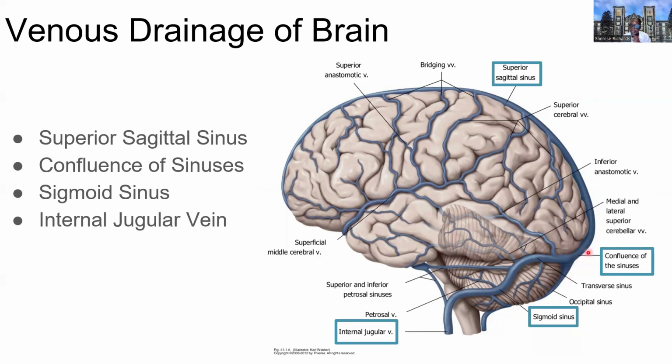So the confluence is a meeting point where we have the superior sagittal sinus on the top meeting with the sigmoid sinus, and then eventually connecting the transverse sinus as well as the deeper occipital sinus, okay? So all of these sinuses come together at the confluence of sinuses. And then again, the drainage is going to come to the confluence and then